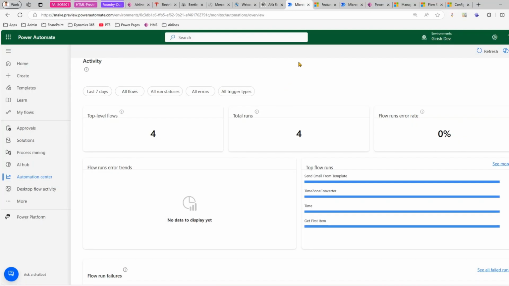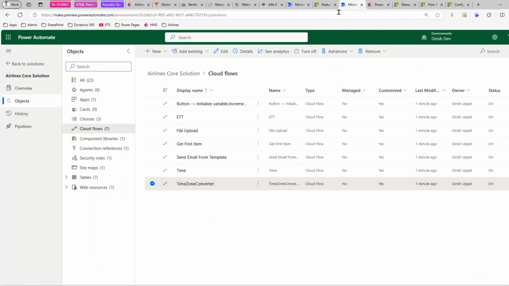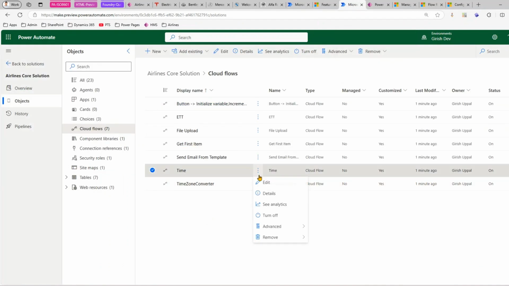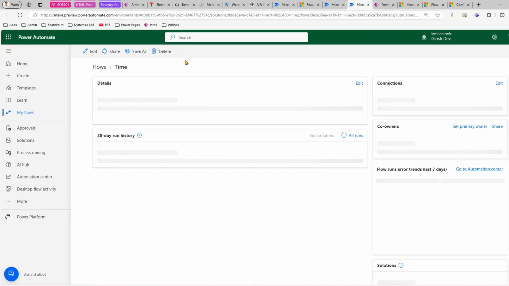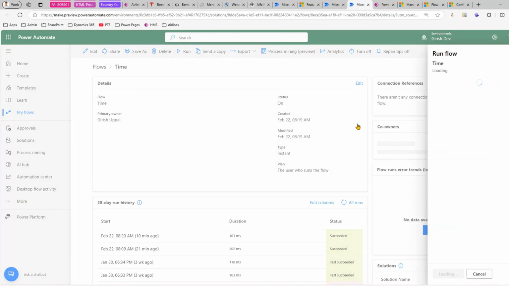Now, one thing you need to remember is that any flow which you run, you cannot just run outside the solution, so it has to be within the solution. Say, for example, I have this flow. So what I'm going to do is go inside this flow. This flow is within one of the solutions, so I will navigate and then run this flow,